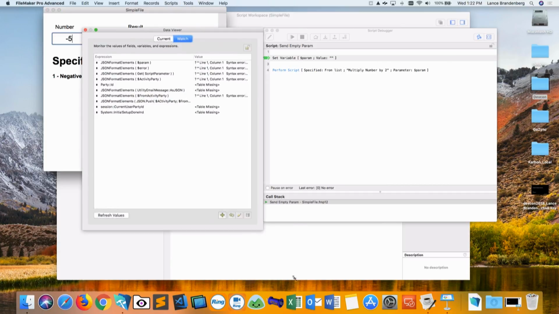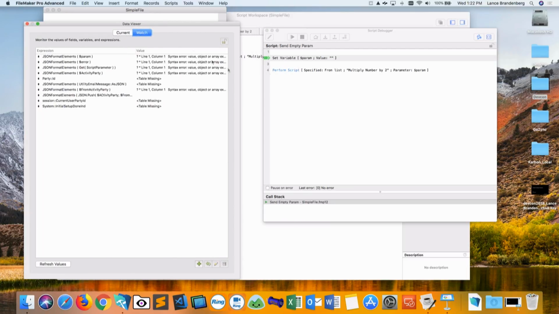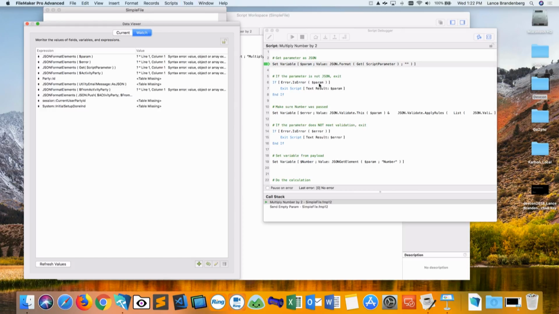Open up my data viewer. So we're going to set the parameter to nothing, and then we're going to call that script multiply by 2. When that happens, on this very first line, we take the param, we do json.format get script parameter, okay? And when we do that, this is what we get,